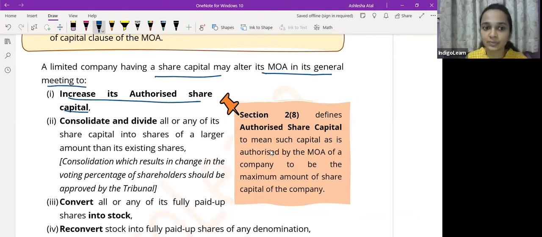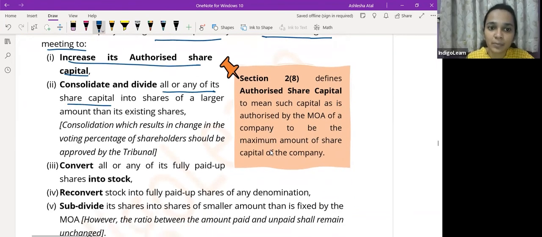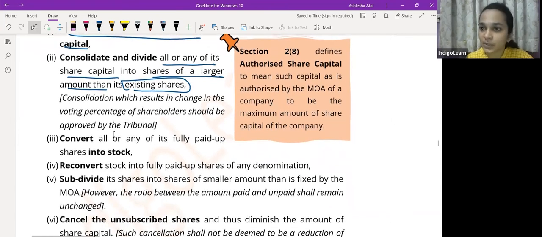share capital, consolidate and divide all or any of its share capital into shares of a larger amount than its existing shares. So this is what happens in consolidation. However, for all these things there is no approval required anywhere. If you remember when we were talking of alteration of clauses of memorandum, we understood that somewhere the approval of the Central Government is needed, somewhere the approval of the Tribunal is needed. However, when we are talking of alteration of capital clause of the company,